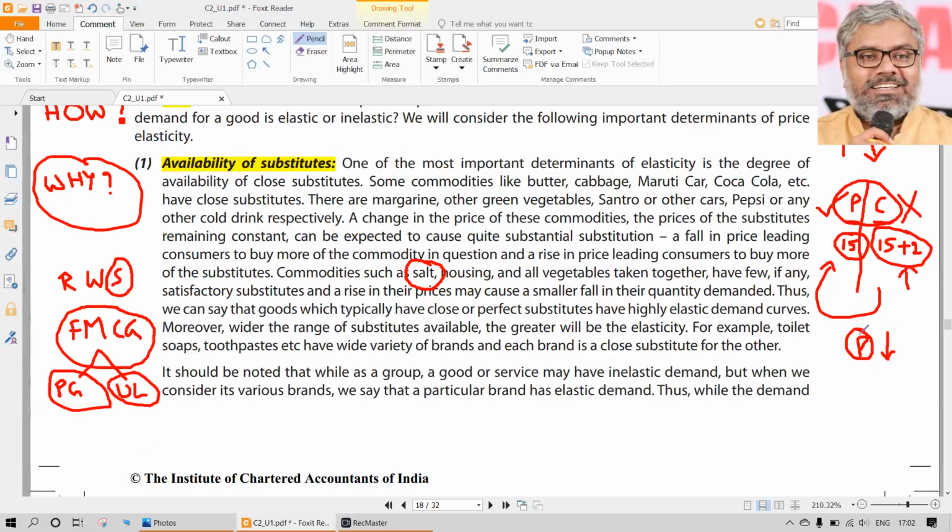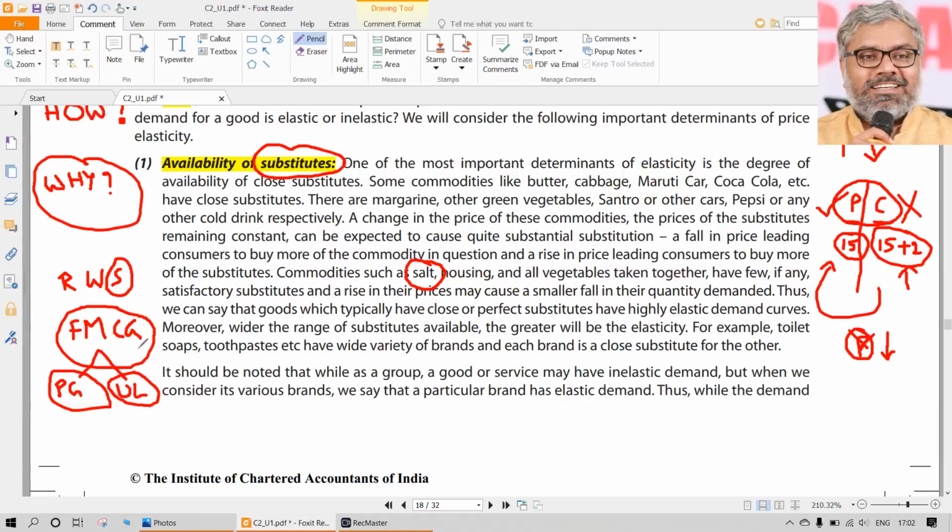I'm not saying only one or two reasons. There could be many reasons, social, political, religious, spiritual, whatever they may be, without going into them. But in spite of all those reasons, imagine if Patanjali products were equally priced with the Procter and Gamble or Unilever products, 100% they would have become a flop. Why? Because of price elasticity of demand and because they are substitutes for each other. When they are substitutes, the price elasticity of demand will be high.